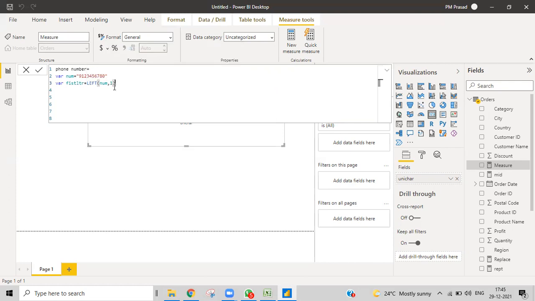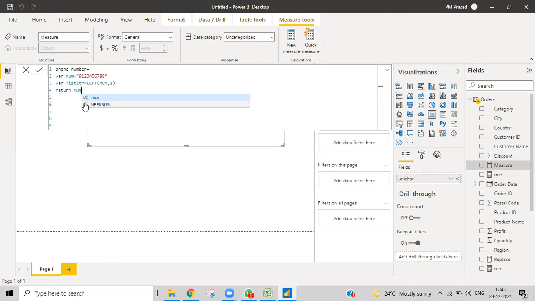And then when we want to see the output, obviously we need to write the return. If you write the return, and then if you write any variable, that will be displayed over here. So whenever you want the output, you will write it over here like this. When you use variables, you need to write the return also. That is a must. If you don't write the return, then obviously it will be wrong. After return, whatever you write over here will be displayed. First of all, I'll write num, the upper variable, so you can see what is there in that particular num.